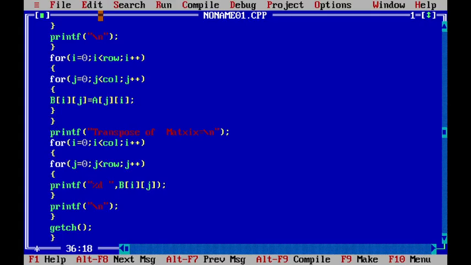Okay, j less than, b[i][j], i less than column, equal to 0. What is the mistake?